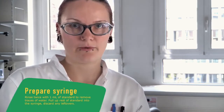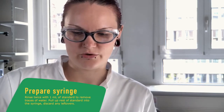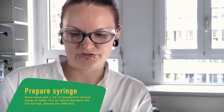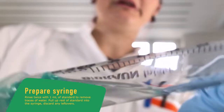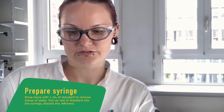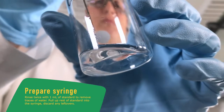To prepare the syringe with the standard, we have to first rinse the syringe. Therefore, we pull up 1 milliliter of our water standard 1%, and then we pull up the rest of the syringe with air and shake it a little bit to get all the water from the syringe out. And then we put that 1 milliliter in the waste,